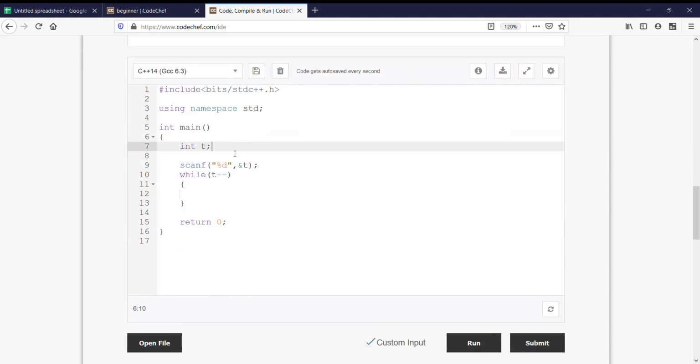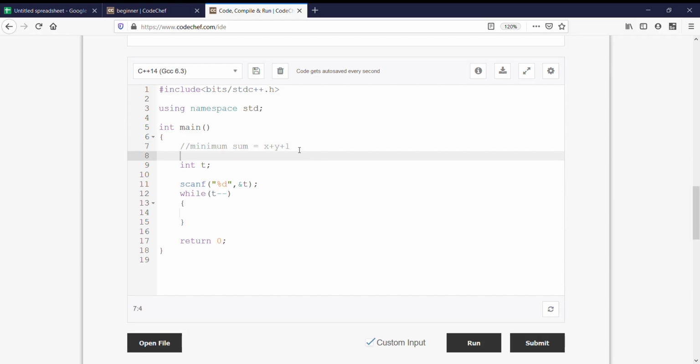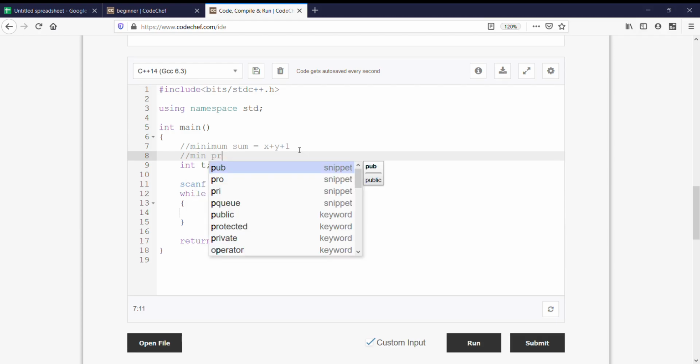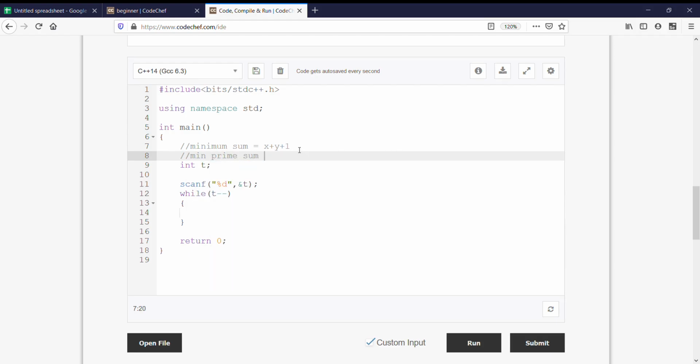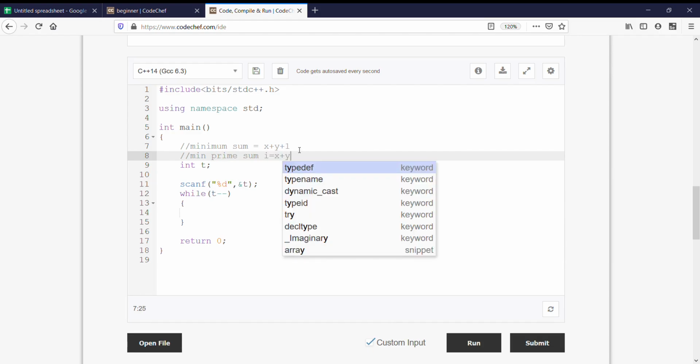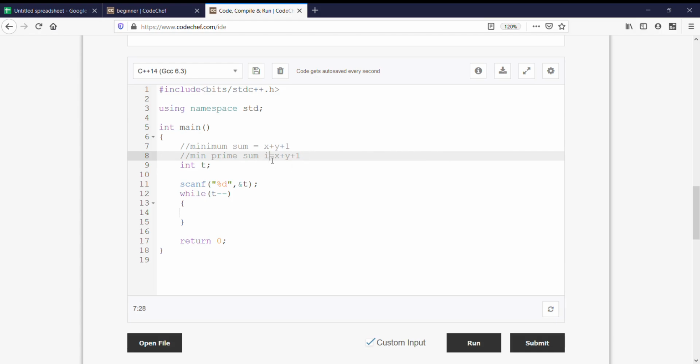So we can say that the minimum sum would be equal to x plus y plus 1, where x and y are the numbers of the first two fields, and it is said that we want to find the prime number. So the minimum prime sum would be starting from I equal to x plus y plus 1, and we would keep on incrementing I. If we do not get this number as a prime number, then we would keep on incrementing the